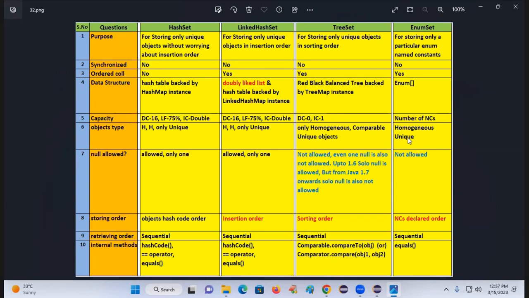To solve that problem we use cursor objects: Iterator, Enumeration, ListIterator, the for-each loop, the for-each method. Then functional interfaces and the Stream API. Tomorrow Friday? Thursday only. Thursday, Friday, Saturday, these 3 days the complete discussion will be taken. Are you following? Right. Sunday, then